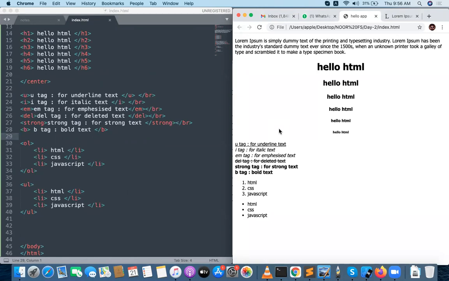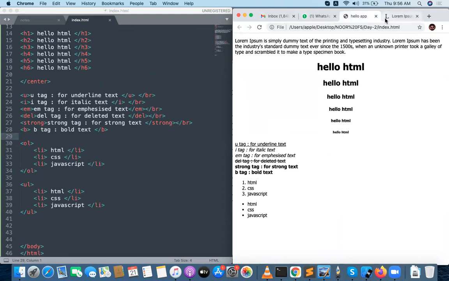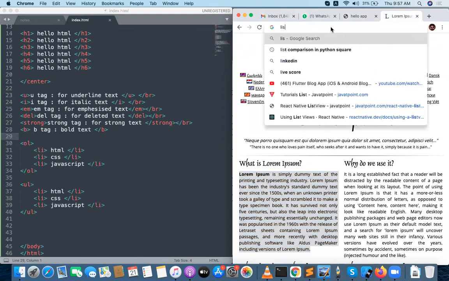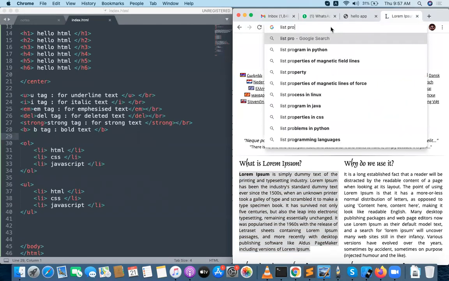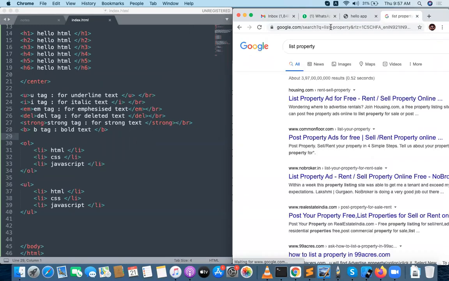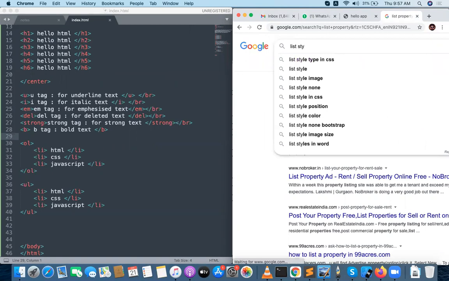Can we change this symbol, or is it default, that dot? We have to go with the list style attribute. There are a lot of list items, so list styles, list properties, list style type, are there.